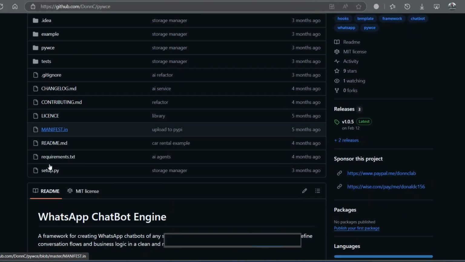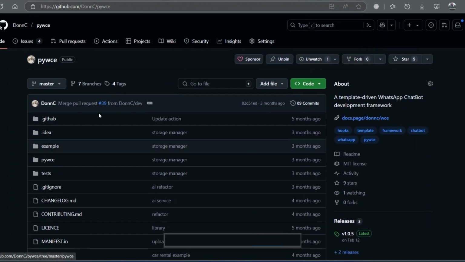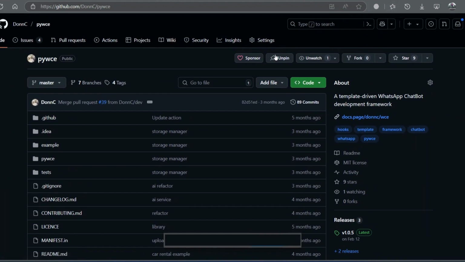pywce. So, as you know, pywce is a template-driven WhatsApp chatbot library that enables you to create chatbots using a template-driven approach. So today we are going to look at